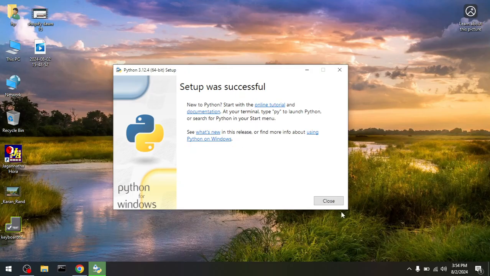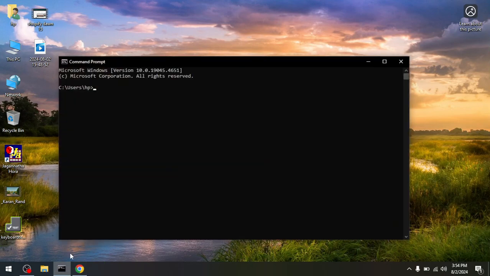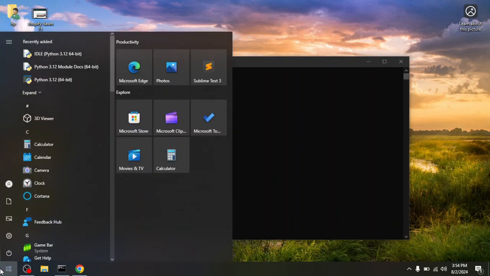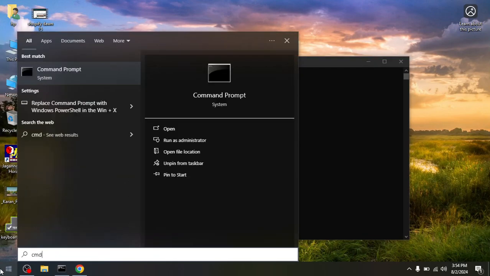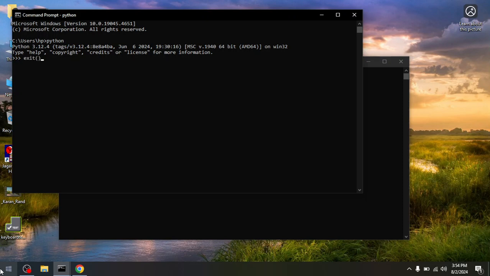Setup was successful. You can simply say close and now launch the CMD. You can launch from here, or you can go to the menu, type CMD and launch from here. Now if you type Python, it should give you the prompt like this. You can exit and also check Python uppercase V, pip, not PHP, pip,